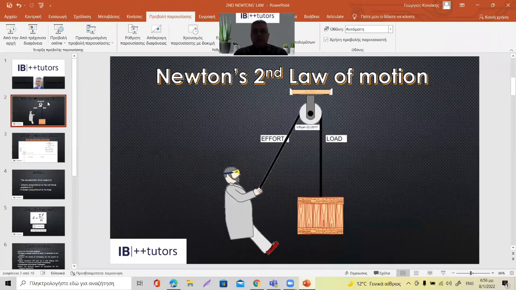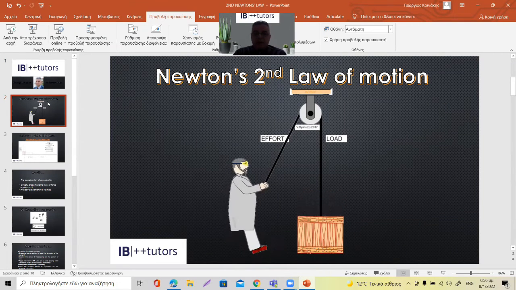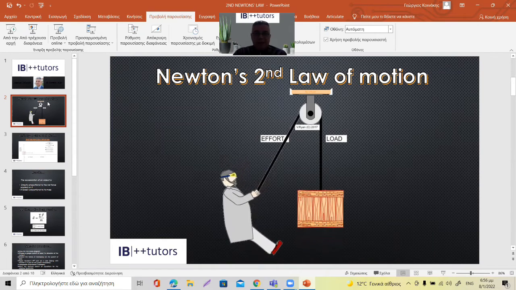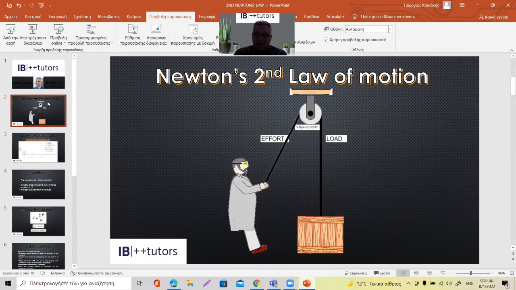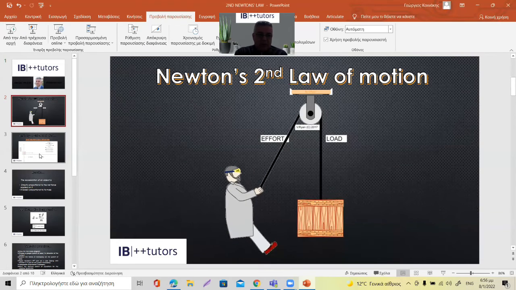what Newton's second law of motion is about. Don't forget that Newton's second law of motion is a very common one, which means that most of the international curricula are based, in terms of physics, on teaching this law in detail. So let's start with the second